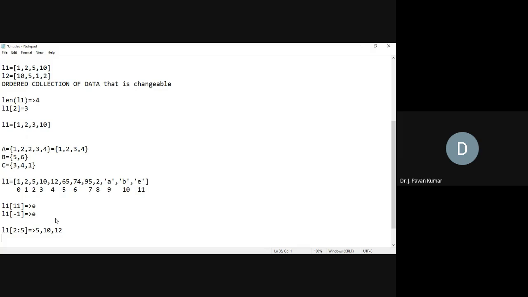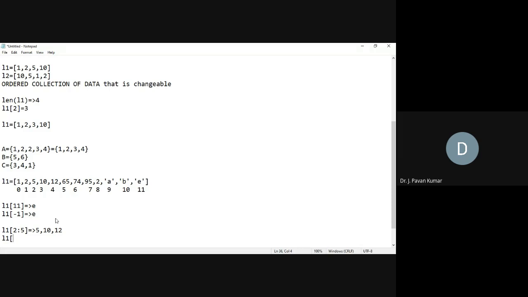Similar to that, here also we can use negative indexes, as we have seen with strings. If you wanted to print the same elements, 5, 10, 12, using negative index, how can we say it? Just count from the right: minus 1, minus 2, minus 3, minus 4, minus 5.